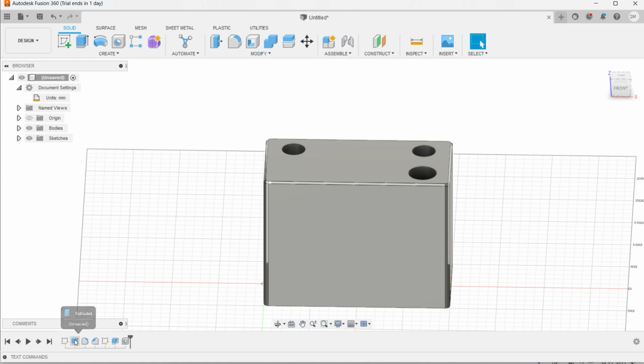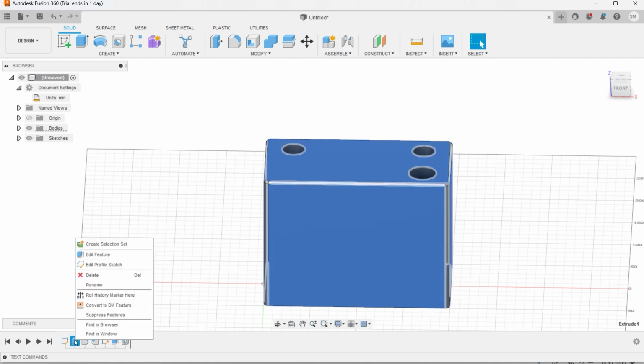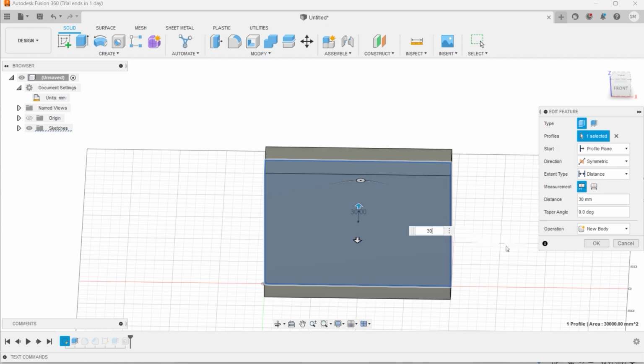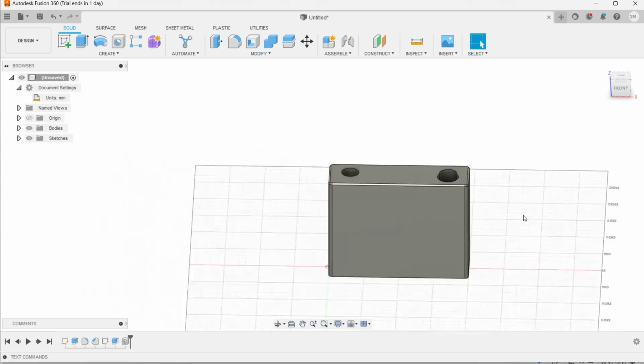Suppose the depth of extrusion is very high, we want to reduce this. So what we'll do is select that object from timeline, and with the right button of mouse, edit features. So it was extruded to a depth of 50 millimeter. We can make it small. Let us make this one 30 millimeter. Okay, done. See,